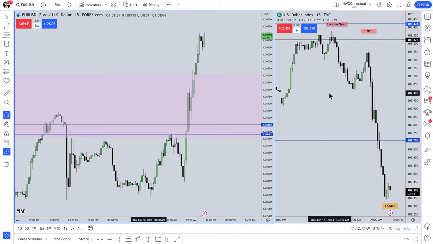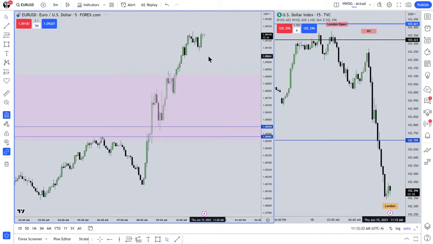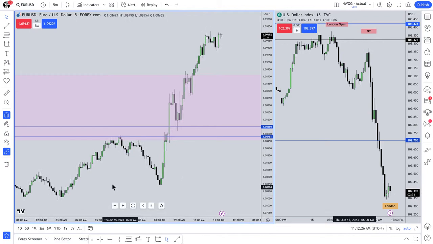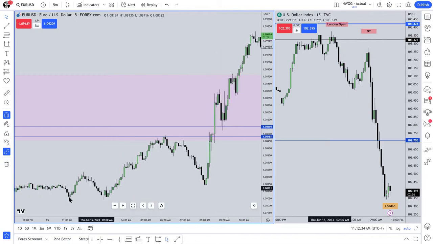All right, so let's go into a 5-minute chart. And take a look at how we traded up into. On the 15th, we had sell side here. Then we dropped down. Classic signature of London Open is a stop run. London Open classically seeks sell side or buy side liquidity.